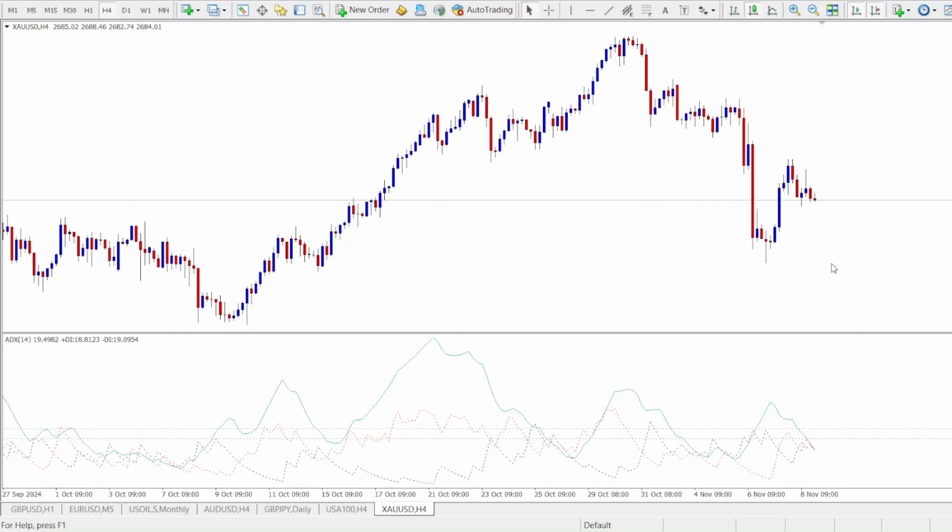Now the ADX is a trend strength indicator and is crucial for understanding whether a market is trending or not. Many traders get stuck trying to trade in a sideways market, but with ADX, you can avoid this by identifying strong trends before they happen. The ADX is displayed as a single line. This is the ADX line itself, typically ranging from,